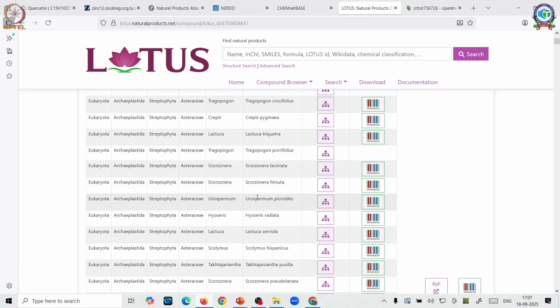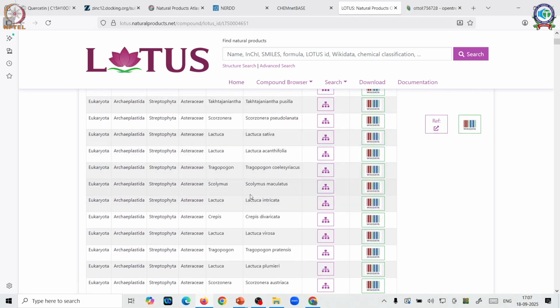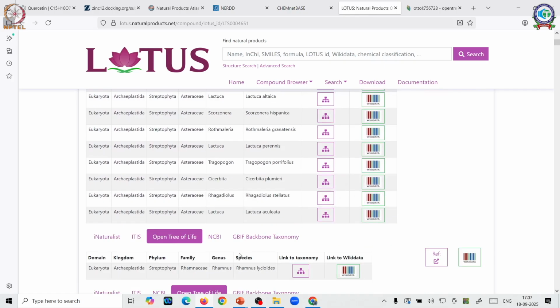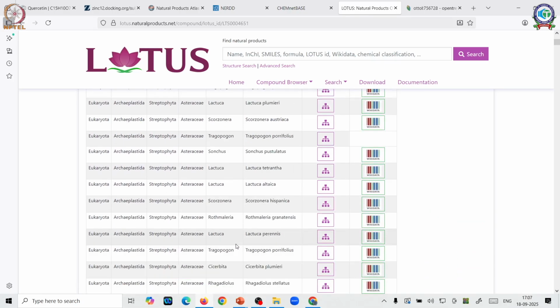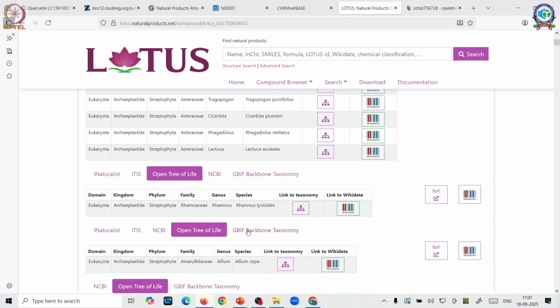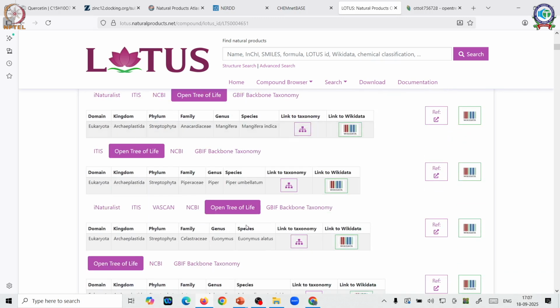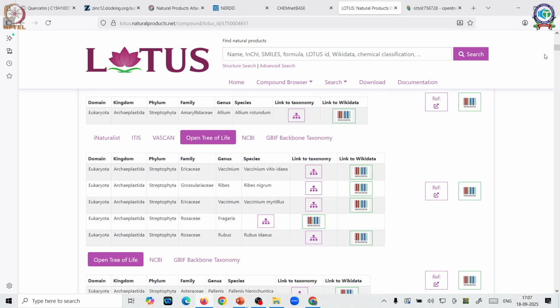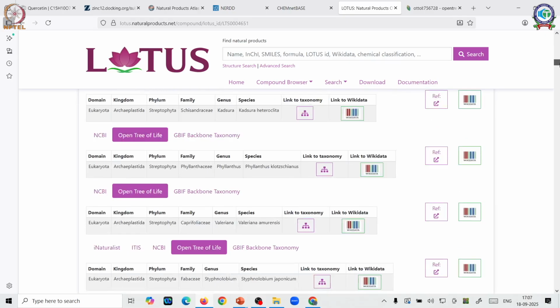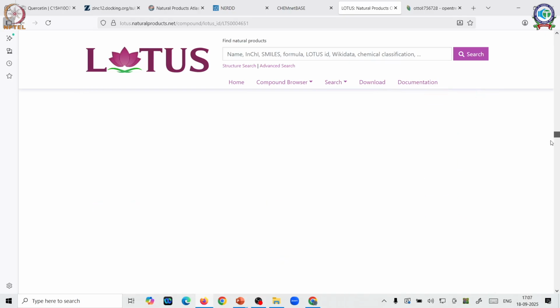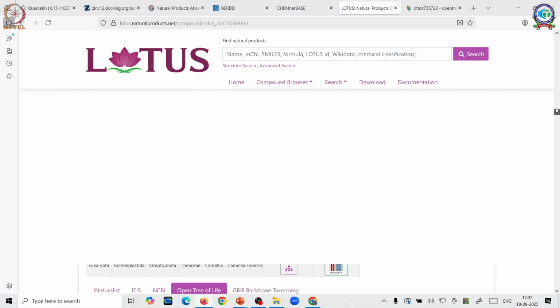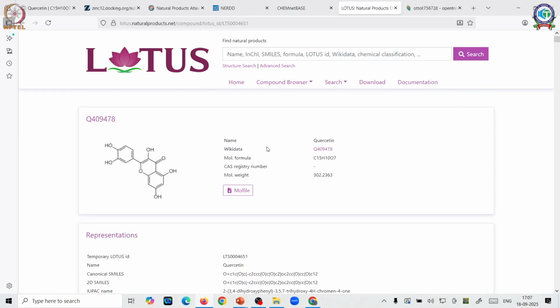So for your quercetin per se, here also you know how many plants contain this. Not only that, in that family how many plants contain this can be obtained via your Lotus database. So this is, you can see, a very exorbitant list of so many plants containing quercetin as a molecule. So it's just huge, and that's where, if I want to see which plants contain quercetin, when I am trying to find the source, Lotus is a go-to software which can help you out.